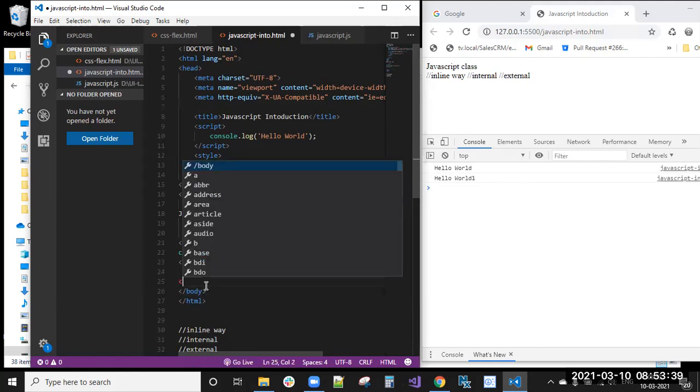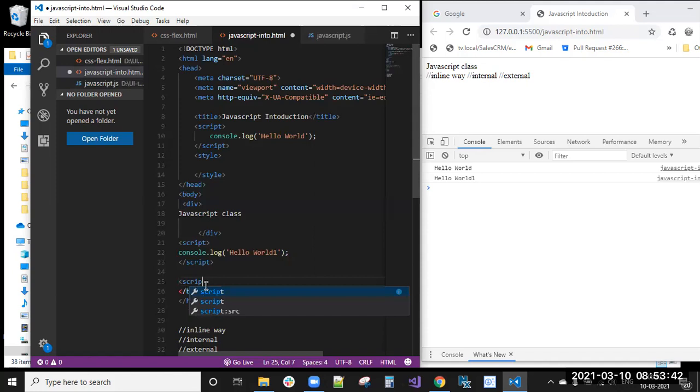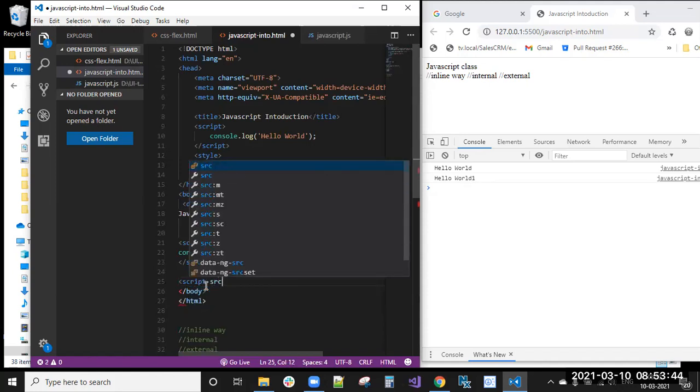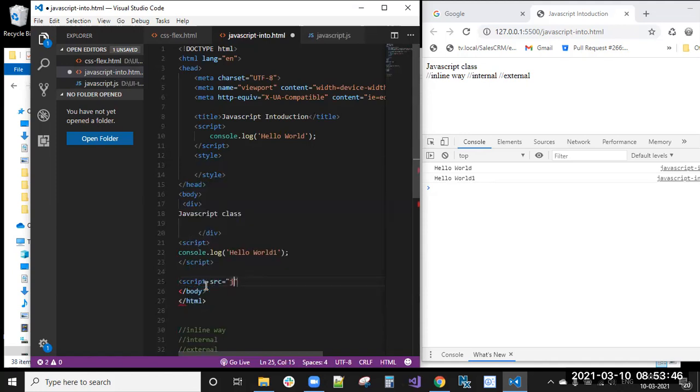Before closing the body tag, you need to include the script with src equal to javascript.js, similar to how CSS is linked. You need to write type, for CSS text/css, and here text/javascript.